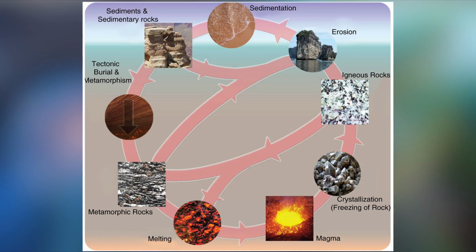So we've already mentioned a number of them. We'll start with an igneous rock. Actually, we'll start with magma. That's a more natural starting point, because that's the form that minerals take in the Earth's mantle, or at least parts of the Earth's mantle. So magma, basically liquid minerals. When those cool, they crystallize, solidify to form an igneous rock. Now, if you melt that, it can go back to form a magma, or if you heat it and subject it to sufficient pressure, but such that it doesn't melt, but it changes its structure or form, that forms a metamorphic rock. And you can, of course, melt a metamorphic rock back to a magma.